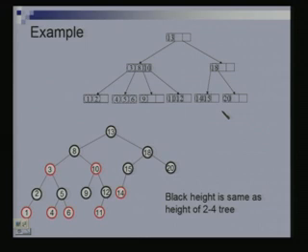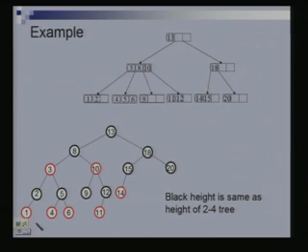Okay. So, now are you convinced that you will not have a double red problem, just by the way we are doing things. When I take a node and create something in the red black tree, I first put down a black node and only then do I put down a red node. So, at the next level, I will first put down a black node, so it will never have 2 consecutive reds. Furthermore, the black height of this red black tree. If I were to draw the external nodes and count their ancestors, then an external node here has 3 black ancestors, which is the same as the height of this red black tree.